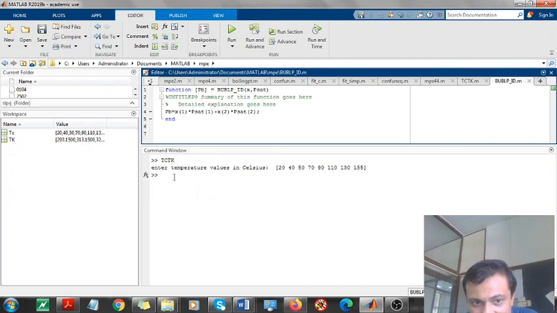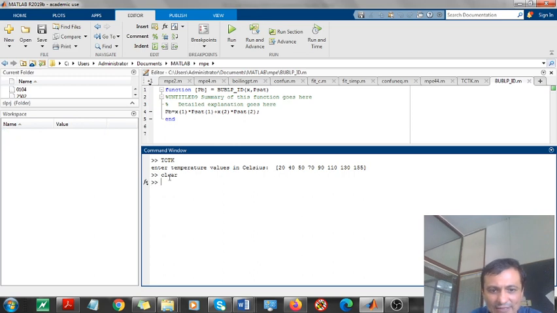Now see, x and p set go in. So I'll write x for a binary system, let's say 0.4, 0.6, and p set equals, let's say the first is my more volatile component, so I'll say 800 mmHg, and the second, let's say 640 mmHg.